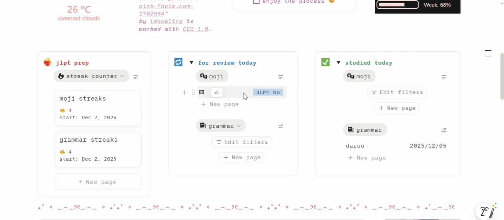And it's showing you what JLPT level it is. It will be easier for you to have an idea on which to focus for a specific day. And at the same time, it will give you a sense of fulfillment to see what you have studied for the day.